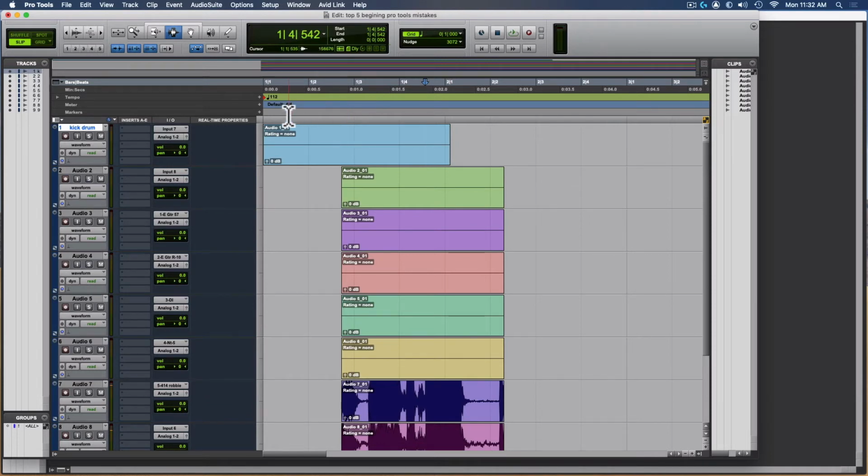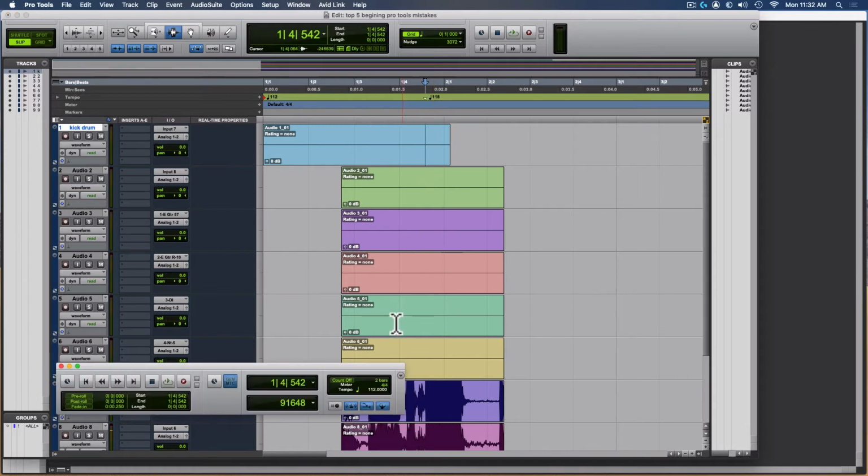Common mistakes I see is somebody trying to be in slip mode and change the tempo, not have snap to bar selected, and trying to change the tempo. And then you're going to end up with weird timing issues where this bar makes no sense and then it's suddenly a new bar. The other thing is that sometimes people don't have this conductor ruler on and they just